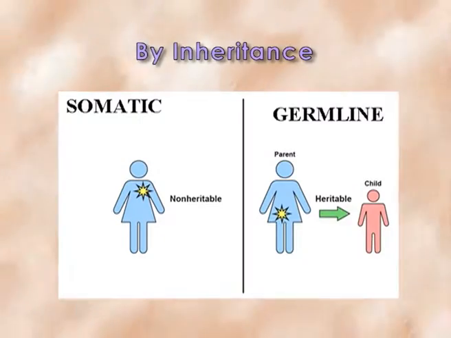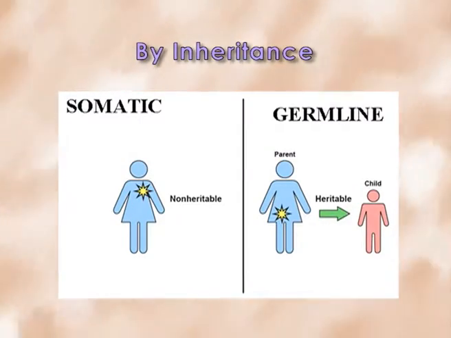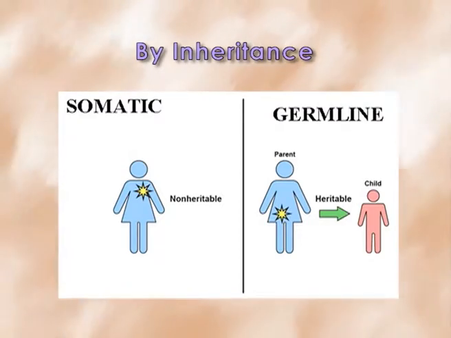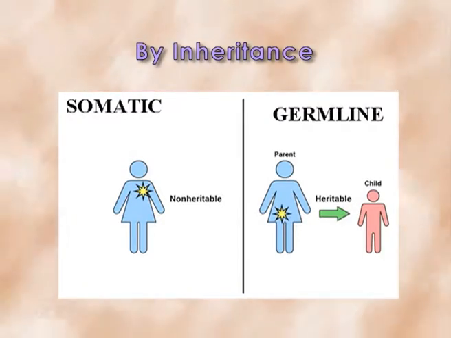By inheritance, if it happens at the germline, okay, so that can be totally transmitted to the next generation. But if it is acquired from the environment and occurs in the somatic cell, that is called de novo mutation, not acquired from the parents. Okay, so that is called somatic mutation. Constitutional mutation happens just after fertilization and is transmitted to all of the descendants.